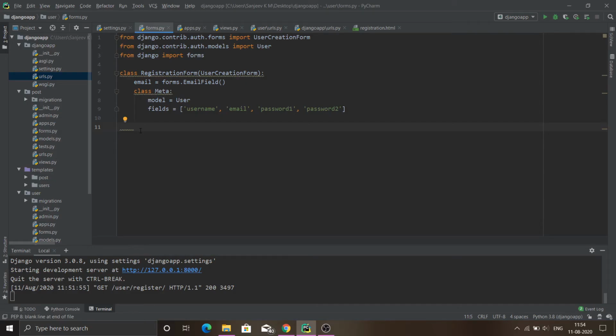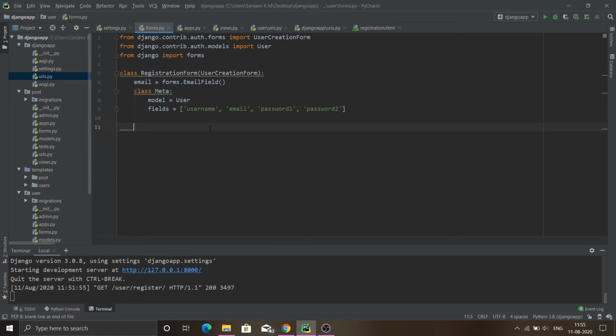In user creation form, every field right in here is mapped with a function called clean_fieldname. For example, this field right in here is mapped with a function named clean_username, and this clean_password1, and this clean_password2 function. And all these clean_username, clean_password1, and clean_password2 functions are provided in the background scenes of this registration form, but there is no such function for this email field, so we are going to create one